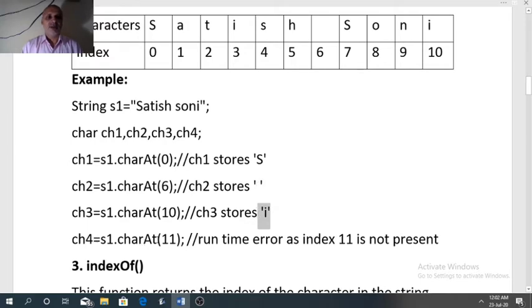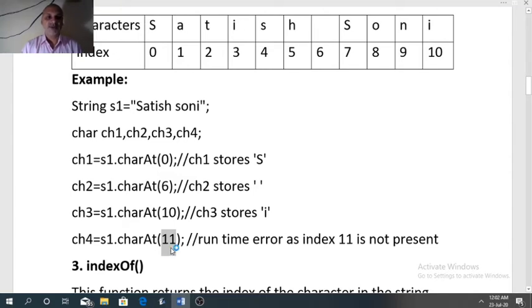Now it may happen that you enter an index that is not available in the given string. Like here I have entered index number 11. So the compiler will search for the character present at index 11 in the given string. Since index 11 is not present, in that case the function will give a runtime error.